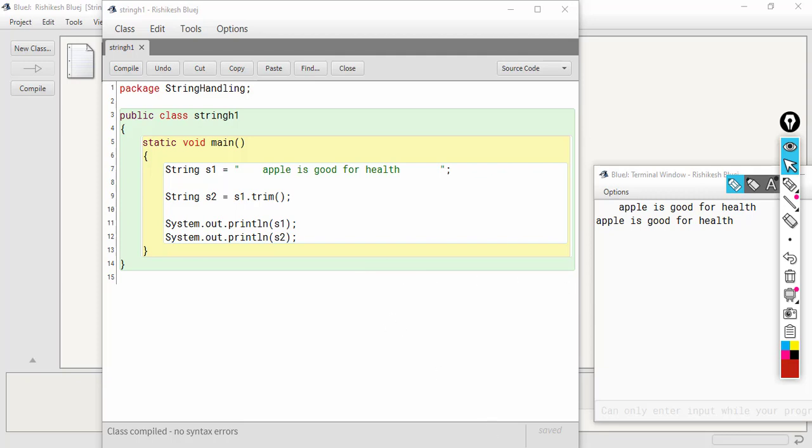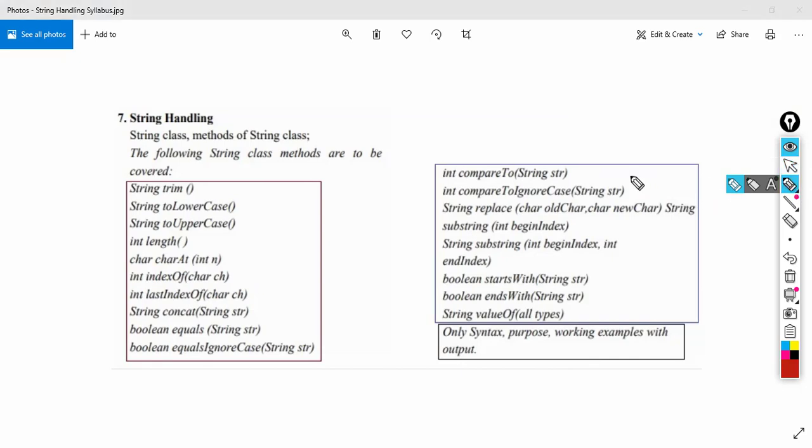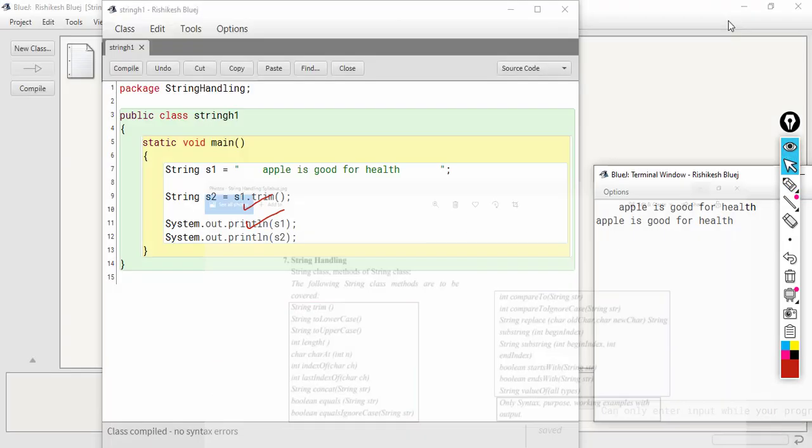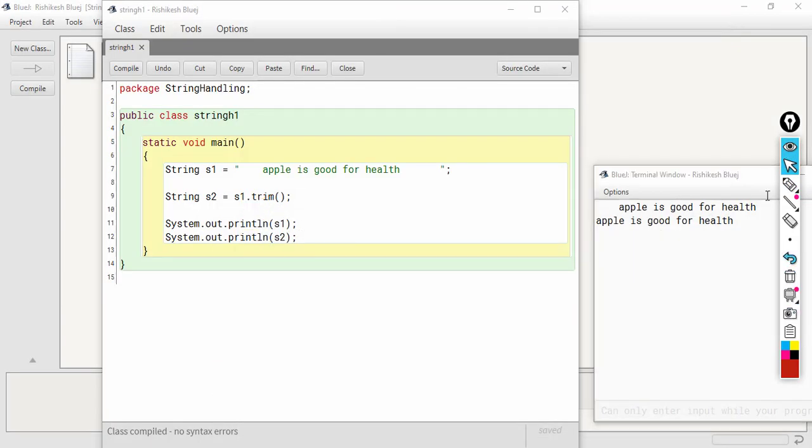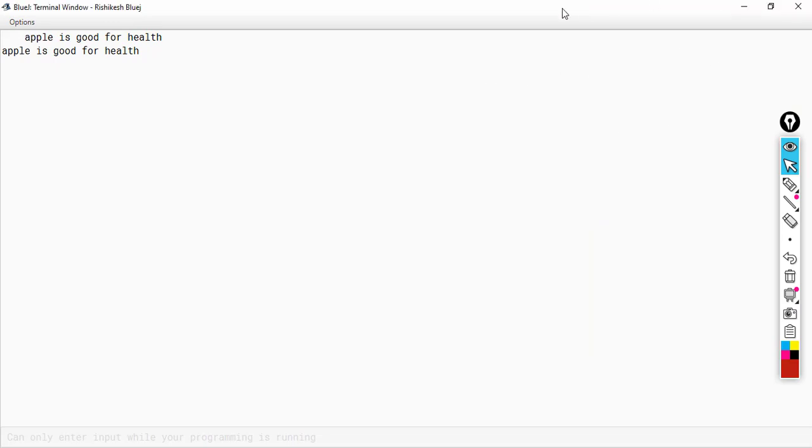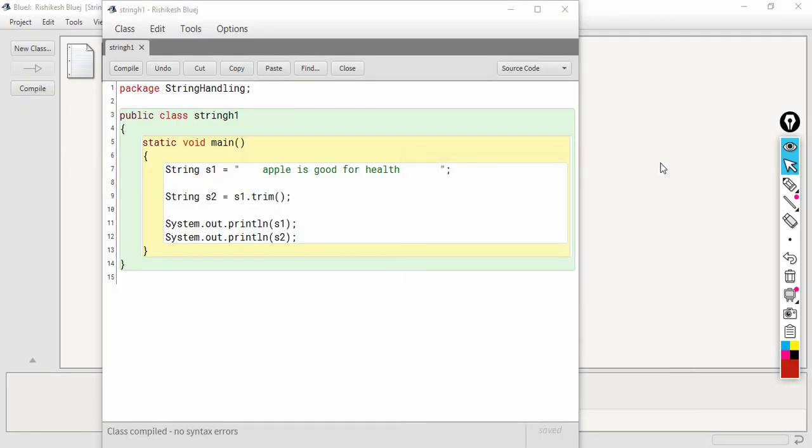Let's see the next function. The next function is toLowerCase, and we'll also see toUpperCase. Let's put some string in s1.